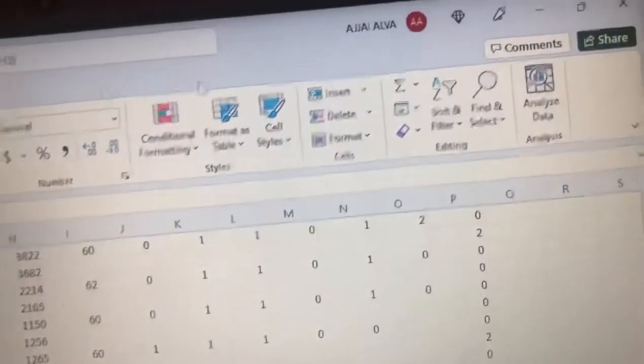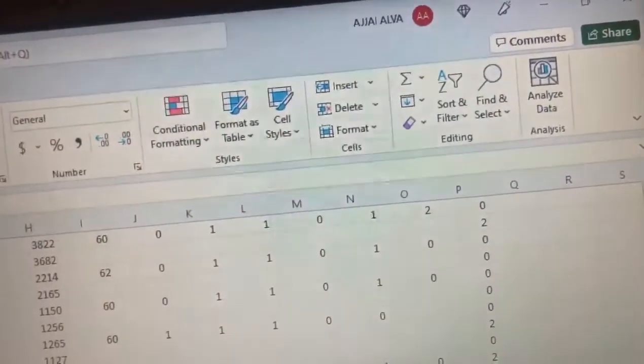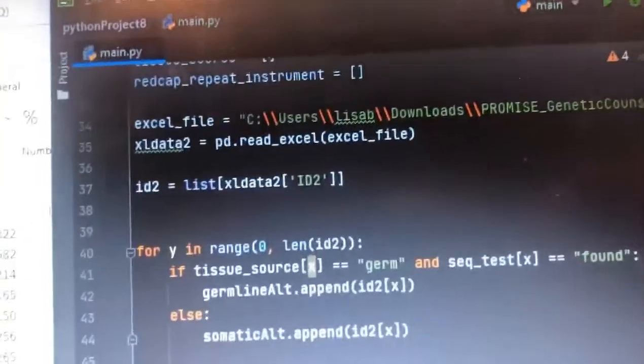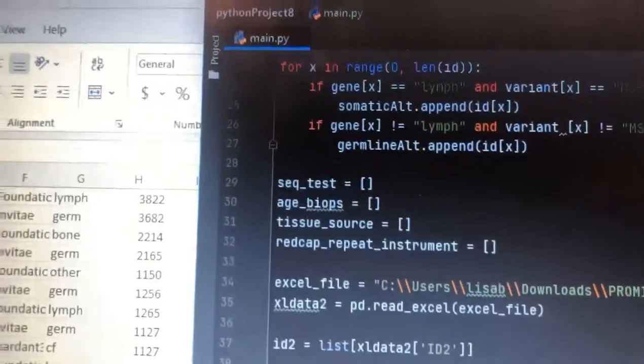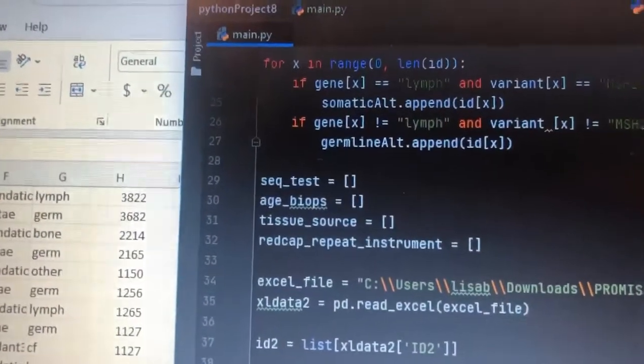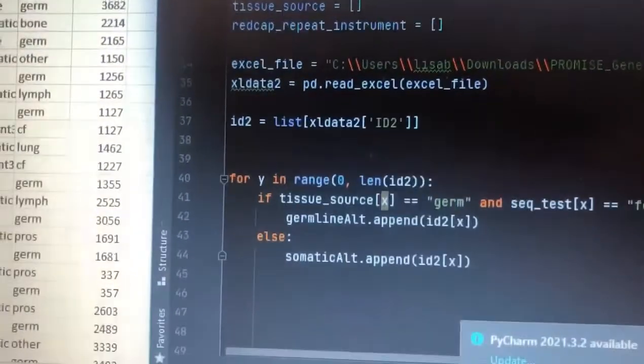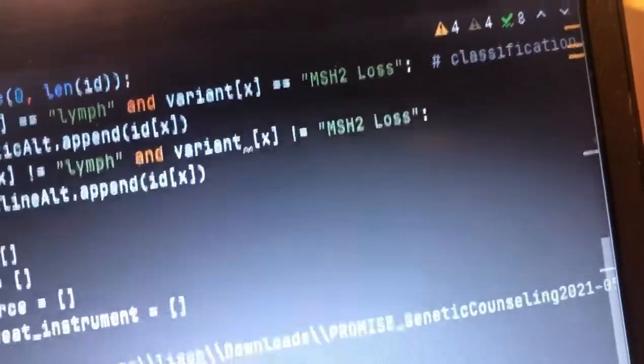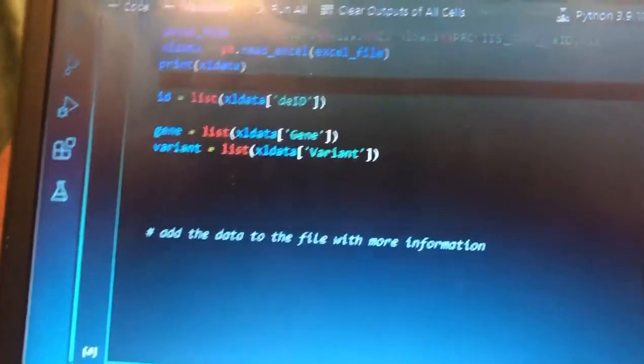The program analyzes the information and predicts the type of mutation, that is to say somatic versus germline. It uses for loops, if conditions, and other iteration/linear searches to assign each genomic aberration with a germline or somatic variant label. Using the algorithms, I was able to identify potential germline mutations versus the rest likely to be somatic